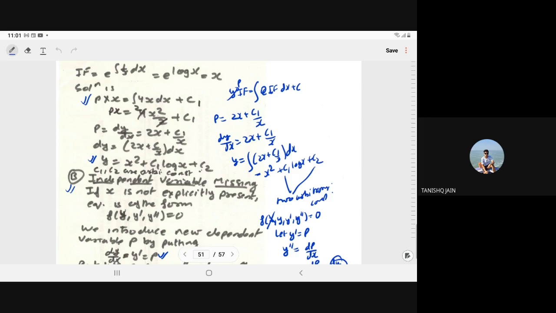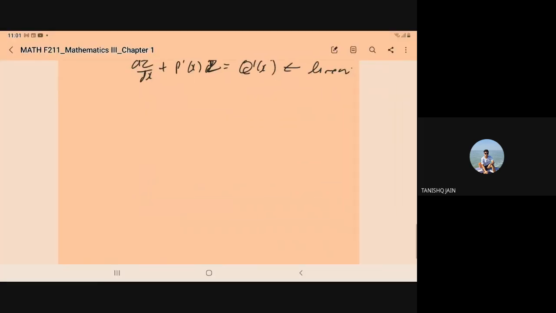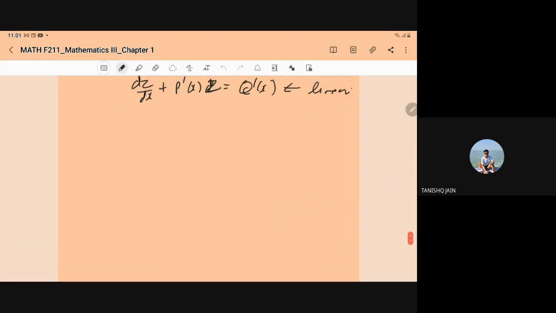There we have the higher order equation, or you can say a second order differential equation, and from the second order differential equation we reduce to the first order differential equation. In last class, I told you initially we have the second order differential equation of the form f of x, y, y dash, and y double dash is equal to 0. This is the most general second order differential equation.